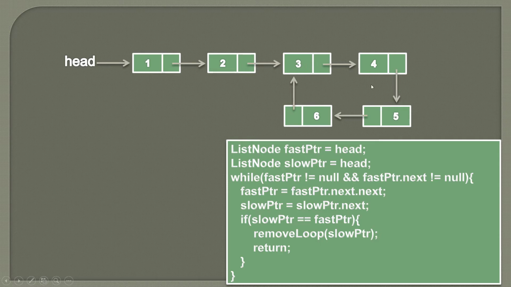Once they reach inside this cycle, if the singly linked list contains a cycle, there will be a situation when slow pointer and fast pointer will point to the same node, which will prove that there is a loop in the singly linked list. So this idea we have already discussed in 2 of our videos. The first part is to find the meeting point of slow pointer and fast pointer. So we'll quickly go over the algorithm to find the meeting point of slow pointer and fast pointer.